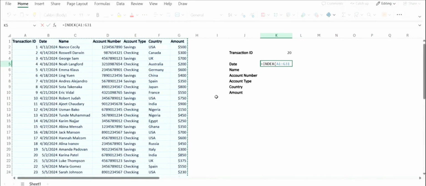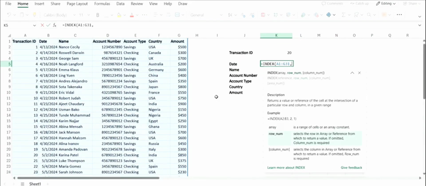Now to move on to the next step. The next step is to add the row number, which is to select the row in the array where the value is to be returned. Now what we can do is search for the value manually and input the exact row, and then also select the column number, which is 2, since we are looking for the date, and then close the bracket. Even though it will return the correct value, it defeats the whole purpose of a search bar, which is to